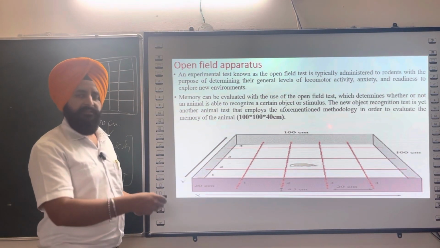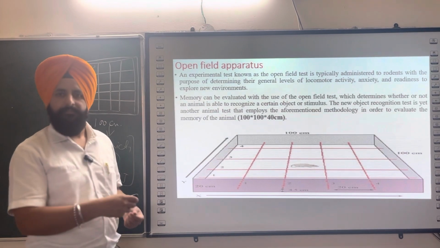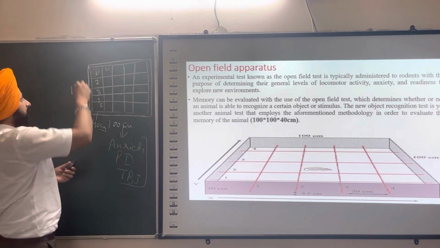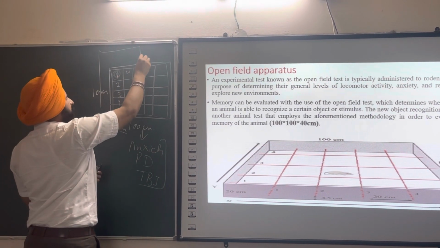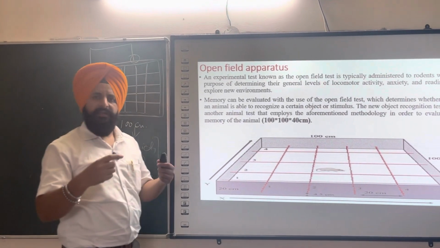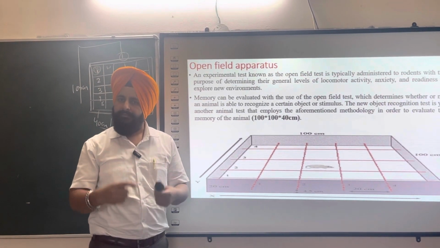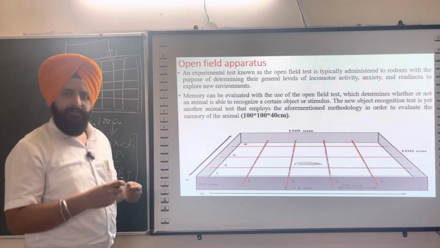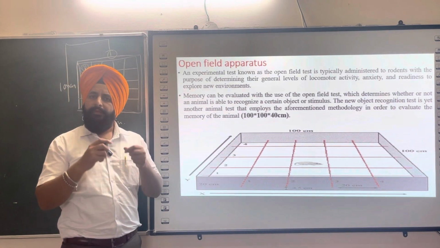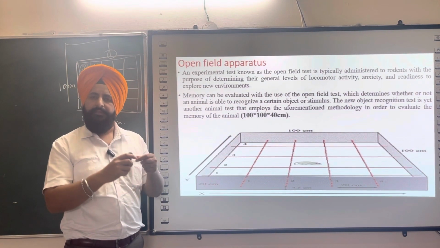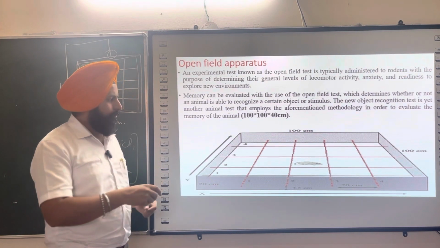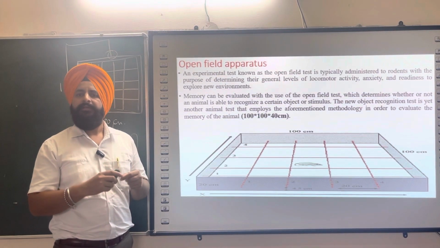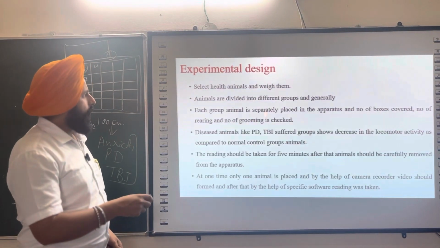In the second case, you can apply a camera, a web camera, here. That means on the apparatus you keep a web camera so that it will easily analyze or evaluate the activity of the animals. A webcam is very useful because there will be no noise and no disturbance that would alter or disturb the animal's activity. So I will tell you how you will do this.